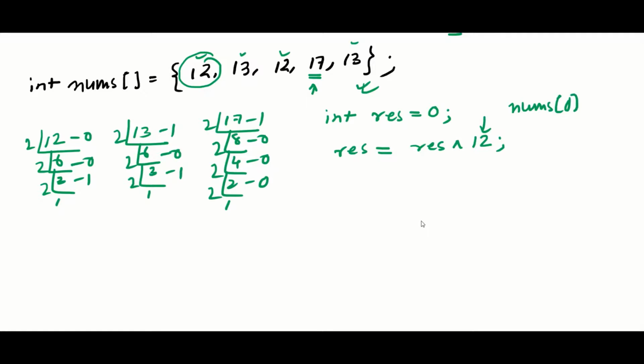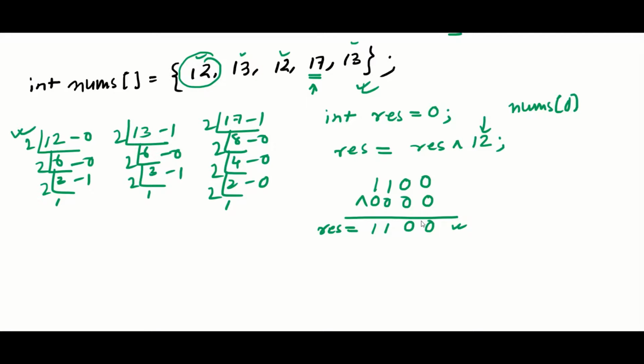Now let us perform this bitwise XOR operation. What is the binary number of 12? It is 1100, and we are performing bitwise XOR operation with 0, and we're going to save the result. For bitwise XOR operation, we all know that when the bits are the same, the outcome is 0, and when bits are different, then that bit becomes 1. So right now we have this value of result.